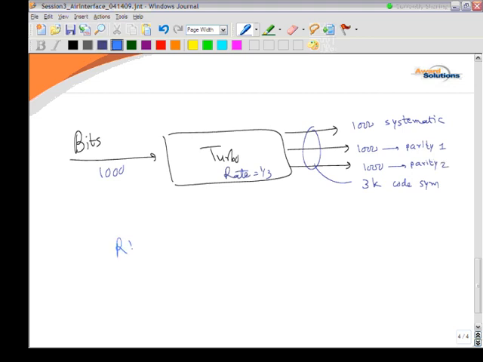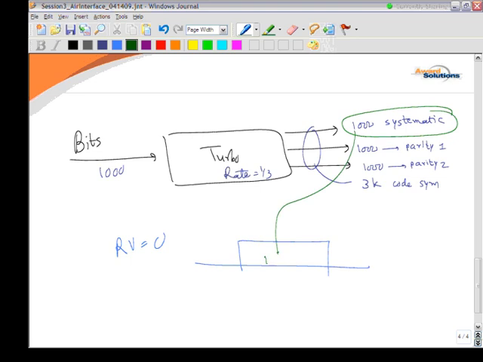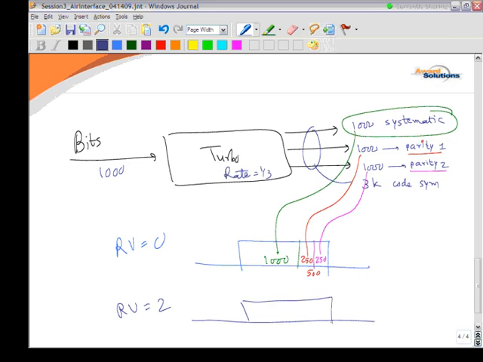So let's say redundancy version 0. We said, okay, let's put all the systematic bits. And then I have some space left for, let's say, 500 bits. So I would pick 250 from parity 1, and then I will pick 250 from parity 2. If I have another redundancy version, let's say number 2, then maybe I have